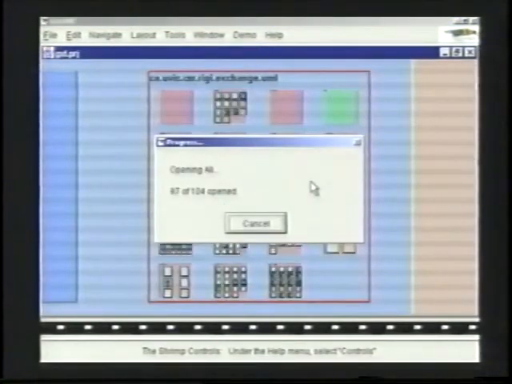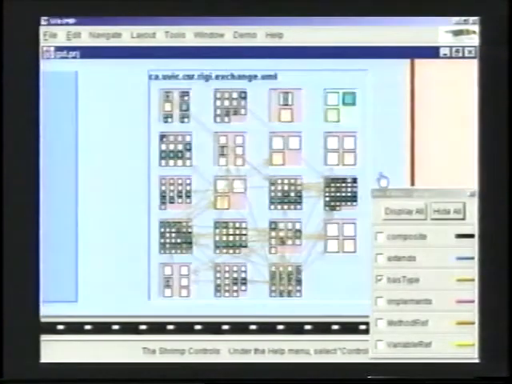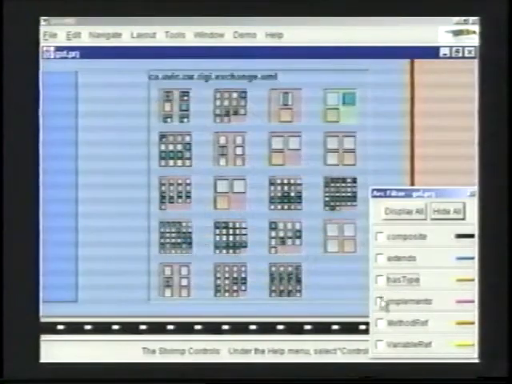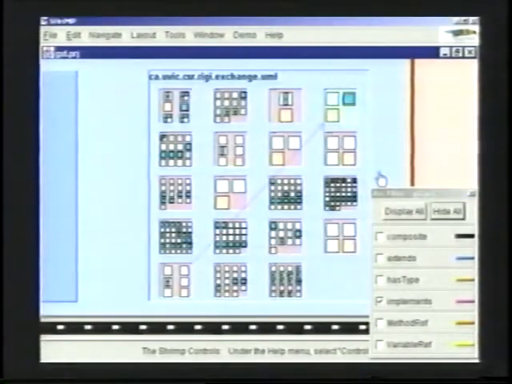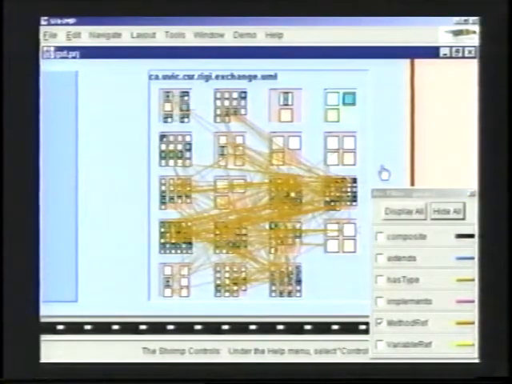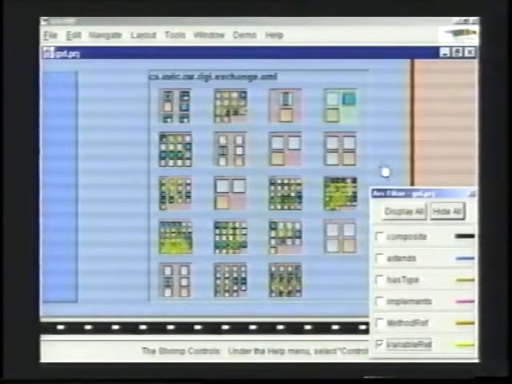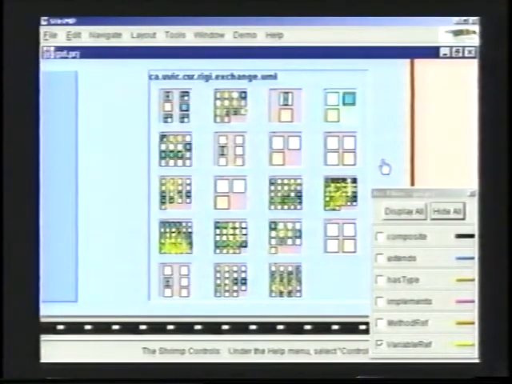Again, we can look more closely at the relationships within the program. We can look at the type dependencies between different classes. These arcs represent the implements relationship, when a class implements an interface. These arcs are method references. We can see from this graph that there are a lot of references to methods within the classes. We can also look at variable references. There are some variable references going on between classes that might indicate that some variables aren't as well encapsulated as